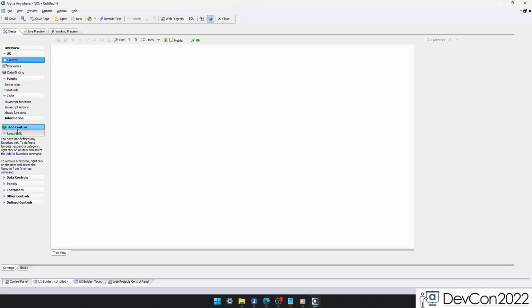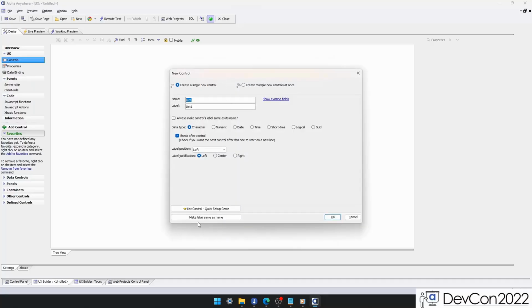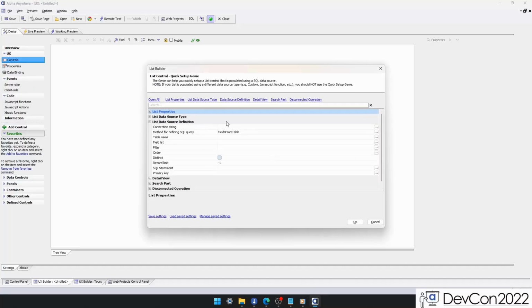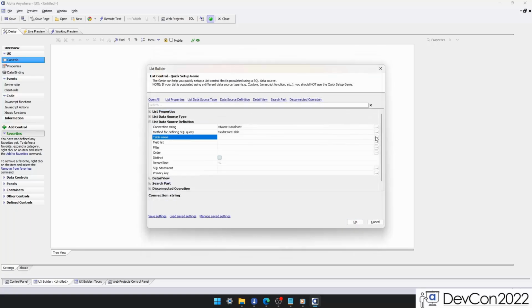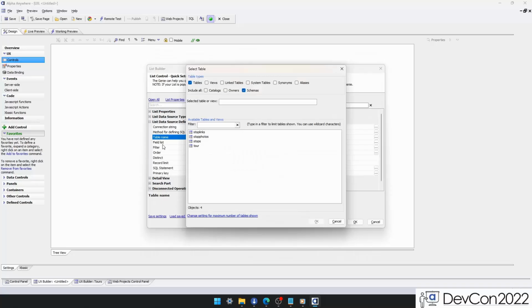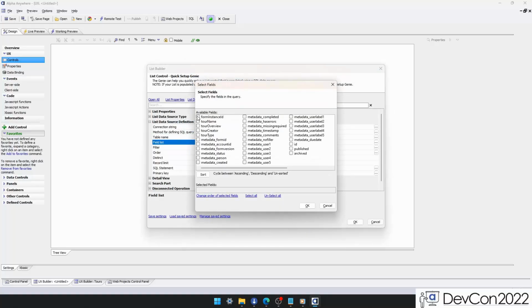So to start, we're going to add a list control. And this one's going to be our parent list. And in here, we're going to use this connection string localhost, which is a local copy of our tour builder databases. And the first one we need to create is one for tours. On the field list, we are just going to simply